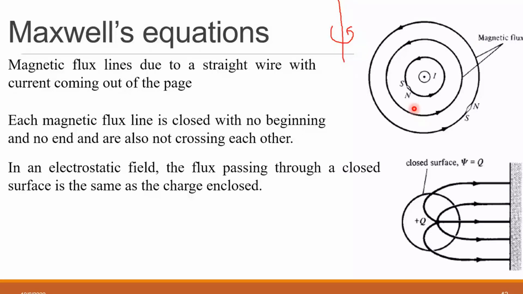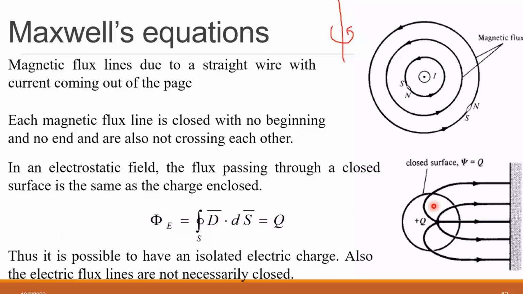So this means the magnetic flux lines are always closed, right? But in an electrostatic field, what is the concept? The flux crossing a closed surface is the charge enclosed. And Gauss law states that psi is equal to closed integral of D dot dS, which is equal to Q. That is Gauss law. The charge is present inside a closed surface like this. Suppose this is a ball which has a charge Q present. Then flux lines will cross the closed surface in all directions. The entire surface is closed, but the flux lines cross the surface and go omnidirectionally. So it diverges, the flux will diverge.